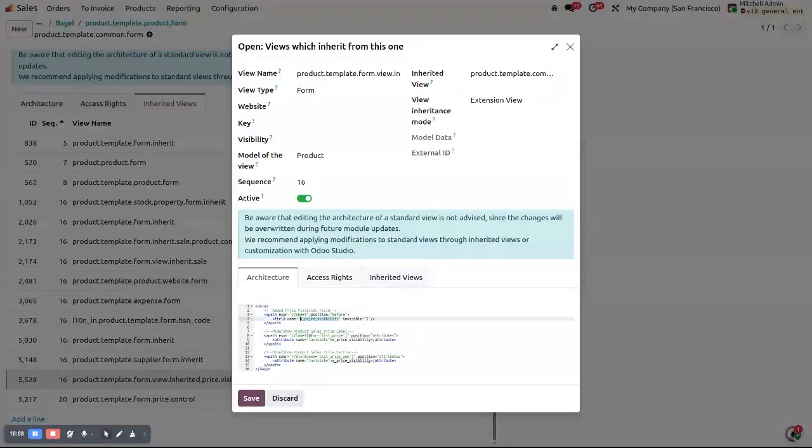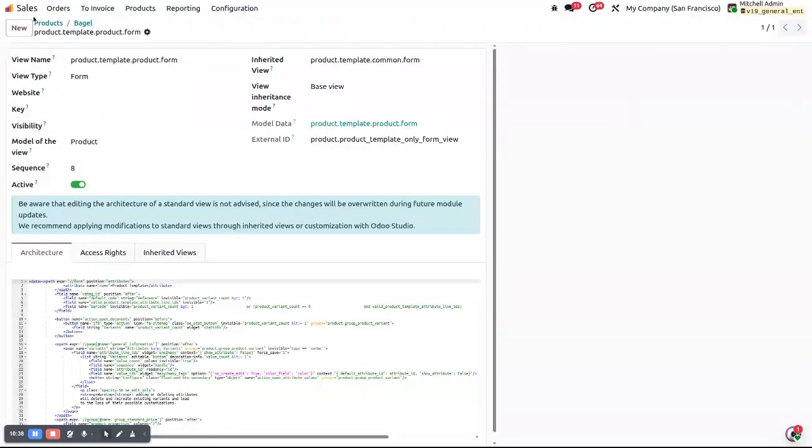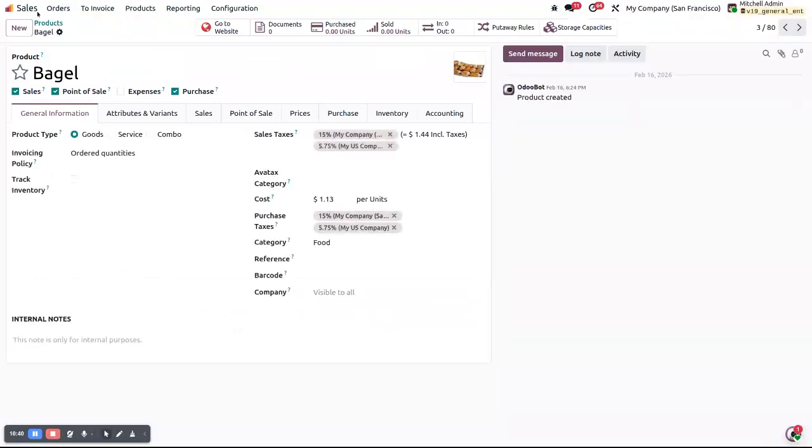So this is our custom field created. We need to add it in the form view, so it will not give an error, right? We added it as hidden, so it will not be visible to the user, but we need to add it because we are using this field here in the XPath. And we have added this XPath to hide the label, right? And then we have added this XPath to hide the field, right? Now I saved, and if I go to the main form view and refresh the page,